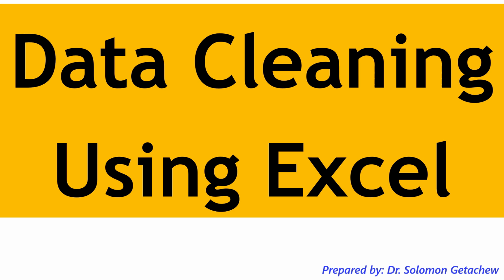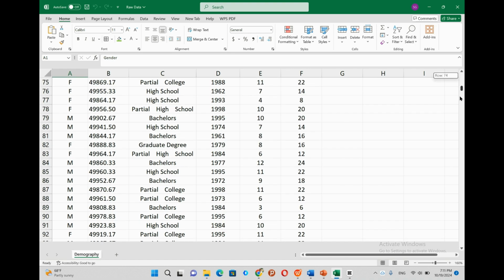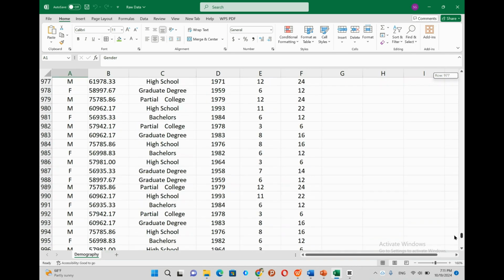Hello and welcome. In this lesson, I will be discussing how to easily clean large datasets before moving on to further data analysis using Microsoft Excel. Particularly, when we want to clean a significant amount of data, manual cleaning can be quite challenging, but Excel makes the